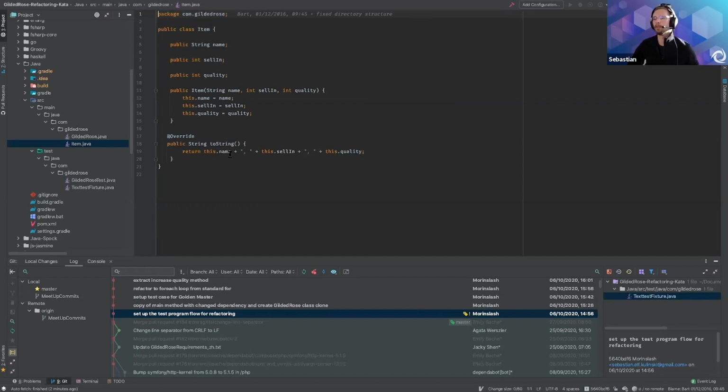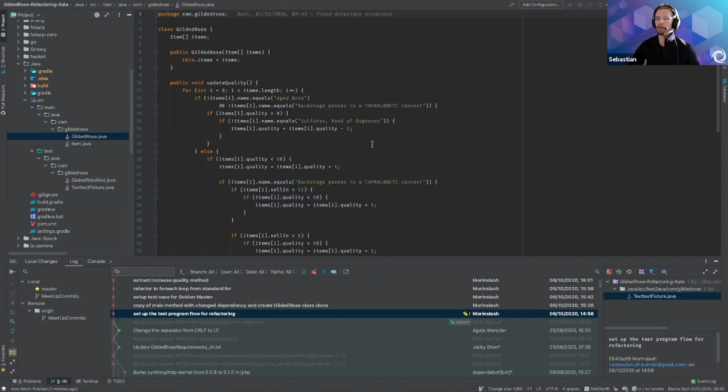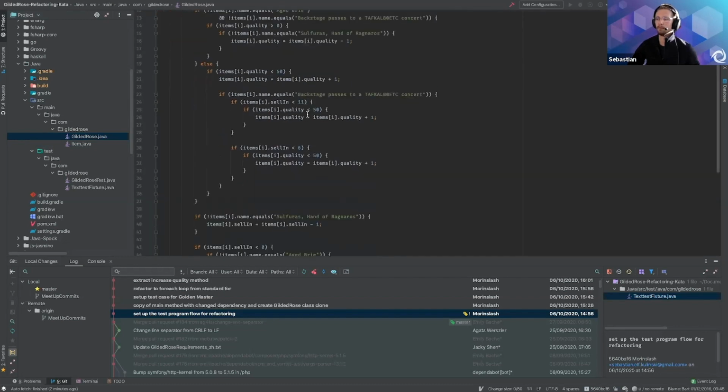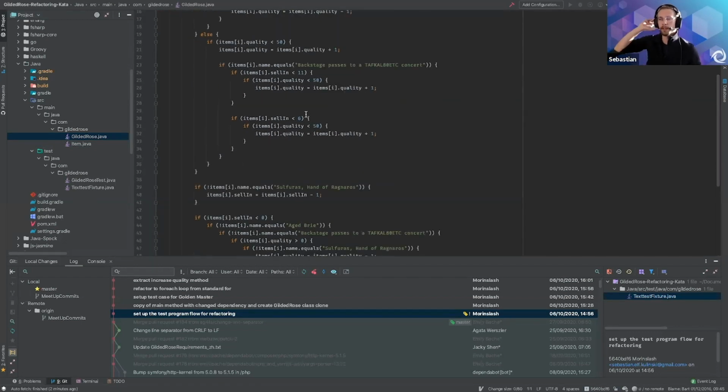We cannot modify it during this process. We're only working on the GildedRose class to make it better. In the original exercise, we're supposed to add new functionality and an extra feature. But in this presentation, we won't be focusing on it. We will focus only on refactoring existing code, not extending it.